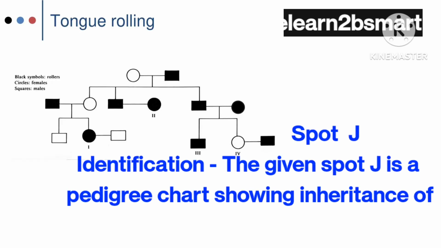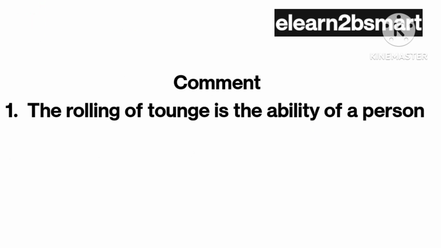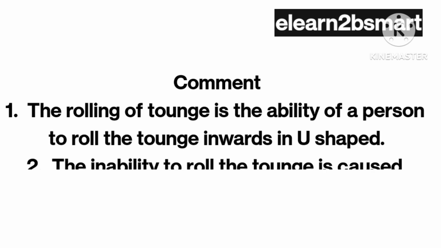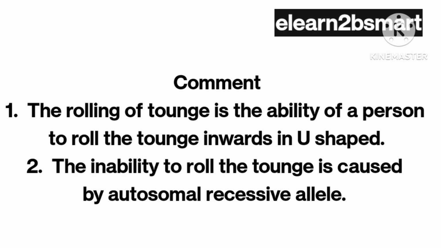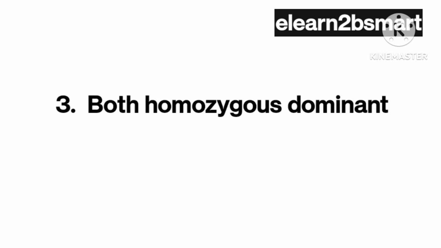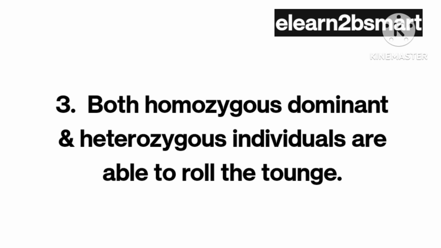Spot J. Identification. The given spot J is a pedigree chart showing inheritance of tongue rolling. Comment 1. Tongue rolling is the ability of a person to roll the tongue inwards in a U-shape. 2. The inability to roll the tongue is caused by an autosomal recessive allele. 3. Both homozygous dominant and heterozygous individuals are able to roll